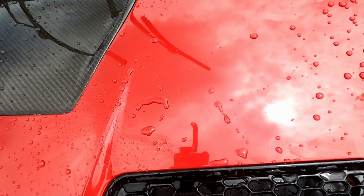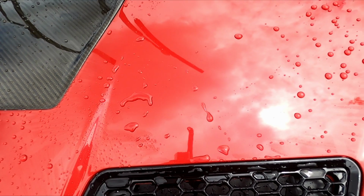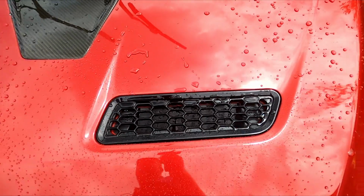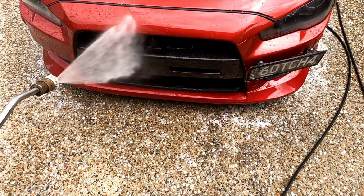She came home and she said there's a bat dropping on the car. So I got it off as quickly as I could. Unfortunately, it really didn't look too great. So I had to quickly polish this little section here. That's why that section's probably looking a little bit more dull. But for the rest of the car,